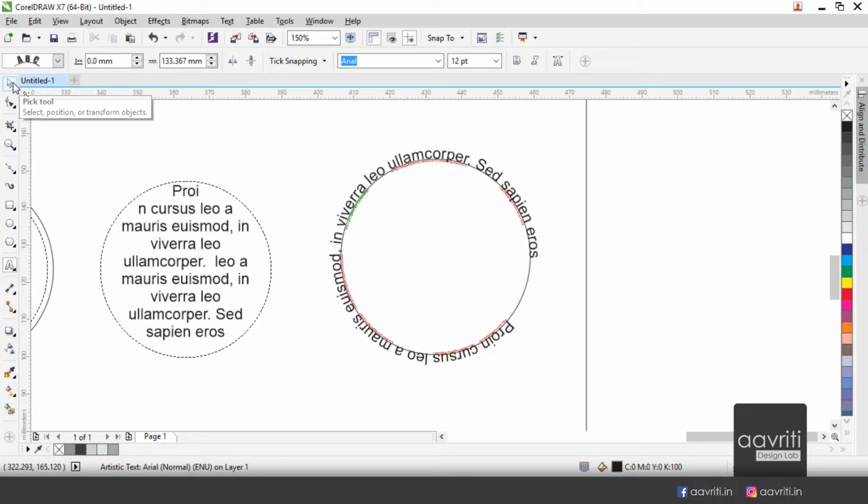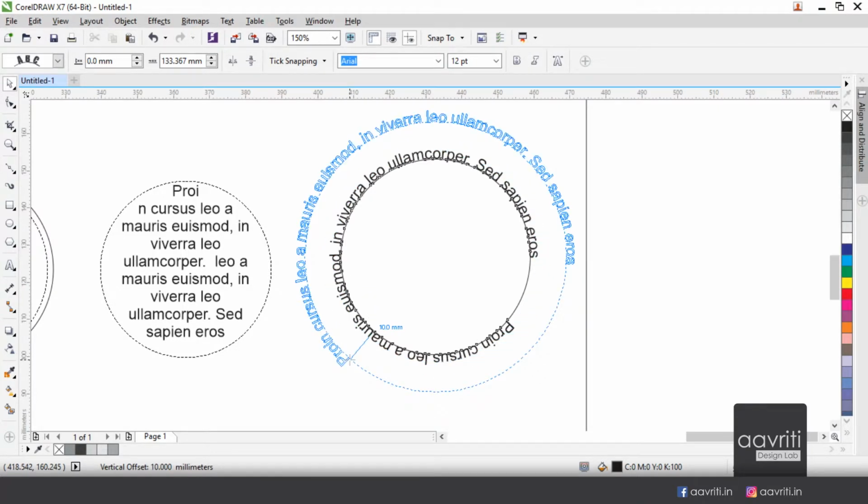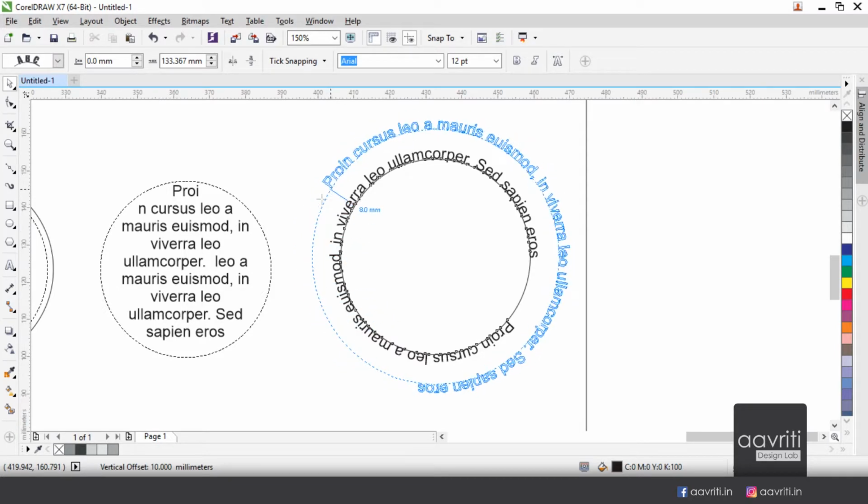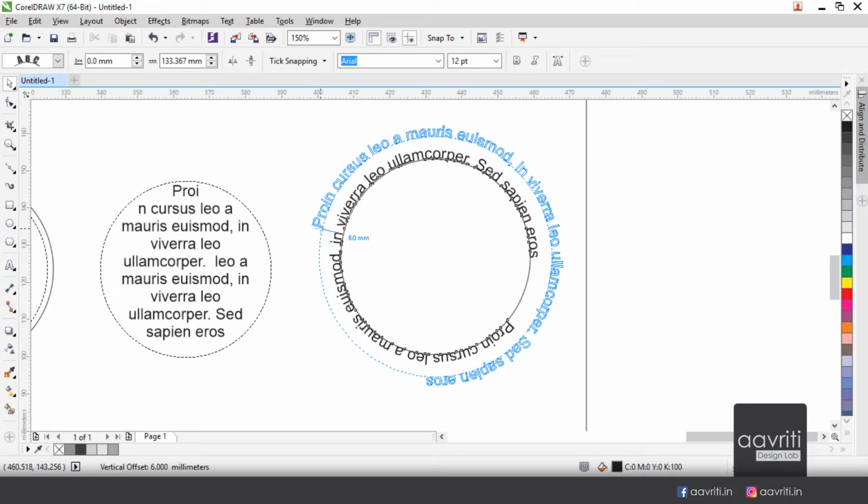Okay, I'm going to switch to the pick tool, and you'll notice there is this red square appearing from where my text is starting, and I can actually click on that and manipulate the text. I can make it a little offset from the circumference or the path it is following, and I can also rotate it. If you want to lock the offset, then you need to hold shift. If I click and drag outside and then try to rotate it at the same time, I might change the offset while rotating it. So I can lock the offset by holding shift when I am sure about the amount of offset. In this case it is 6 mm,